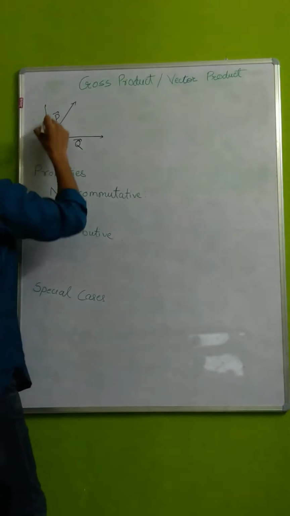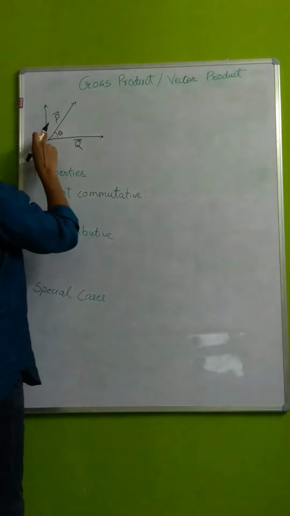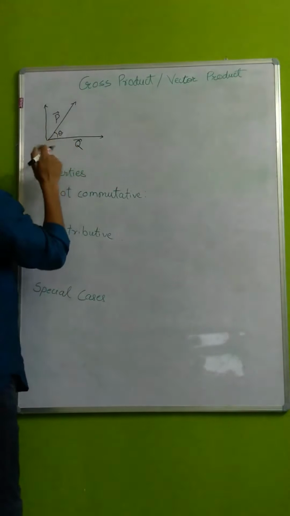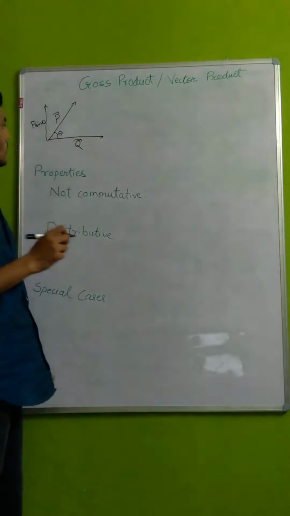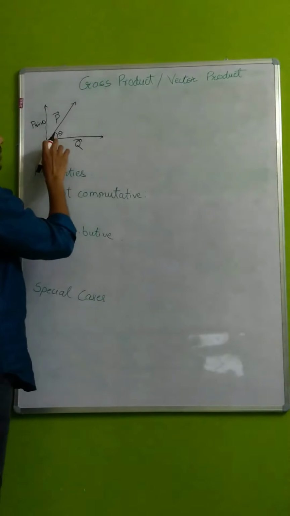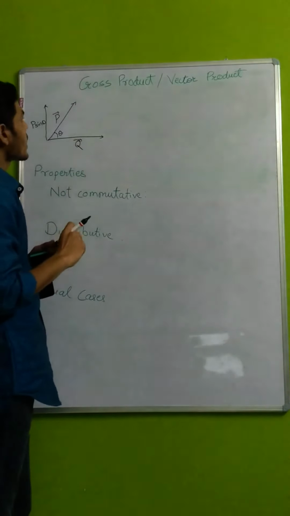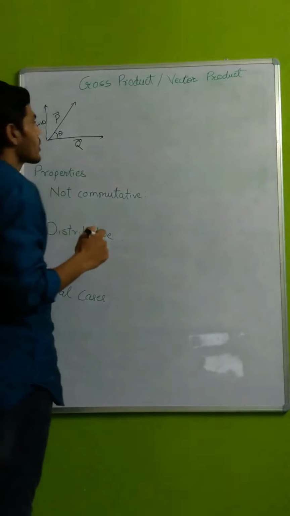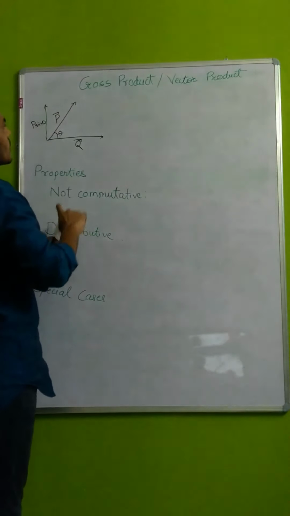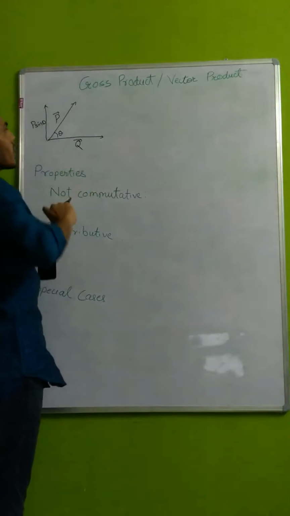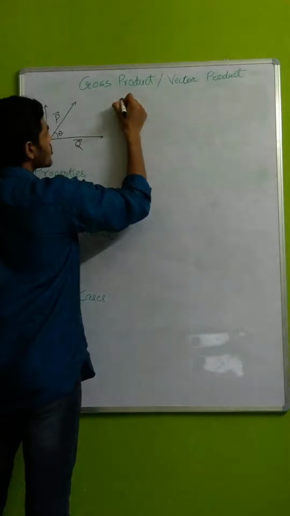So, what is the perpendicular component of P with respect to Q? It is P sin theta, and the angle made by them is theta, so it will be P sin theta. Now in vector product, direction is important because if we are considering P cross Q, then it will be in downward direction. I will explain this later. So we'll see what is basically cross product.